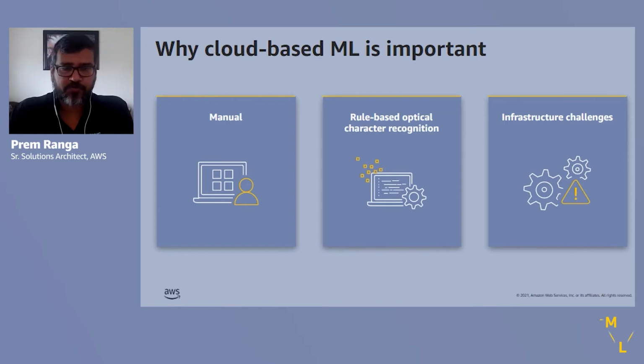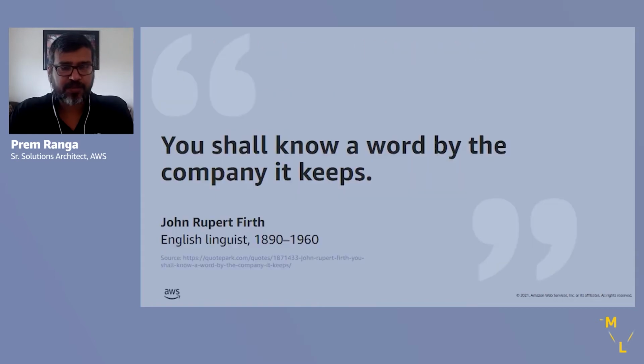Right. Now that we have talked about it, let's go to the next slide. Right. So I just wanted to quickly show you this quote by this famous linguist. You shall know a word by the company it keeps, very similar to you shall know a person by the friends they have. So basically, this talks about the fact that natural language processing, or NLP algorithms, are a family of algorithms which use, let's say, the neighboring words to predict a word in the center, or use the word in the center to predict the words surrounding it. And it's a common technique for deriving text-based insights.